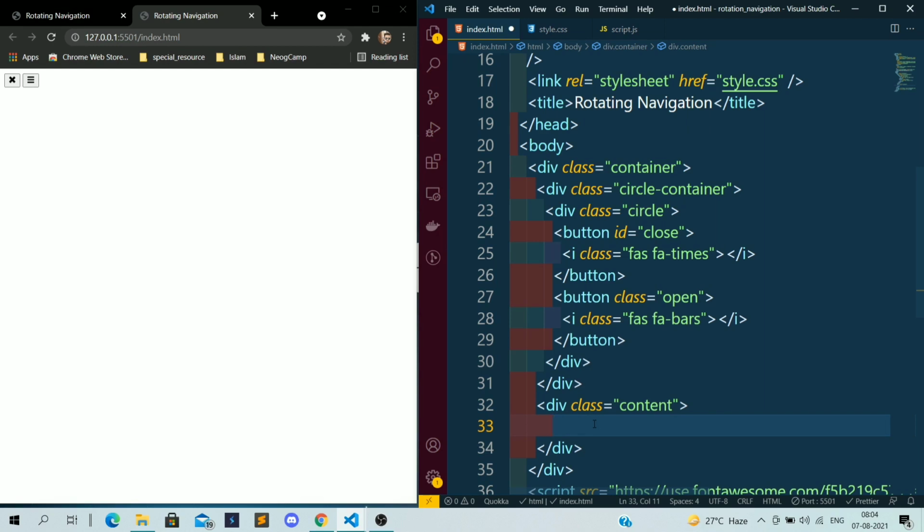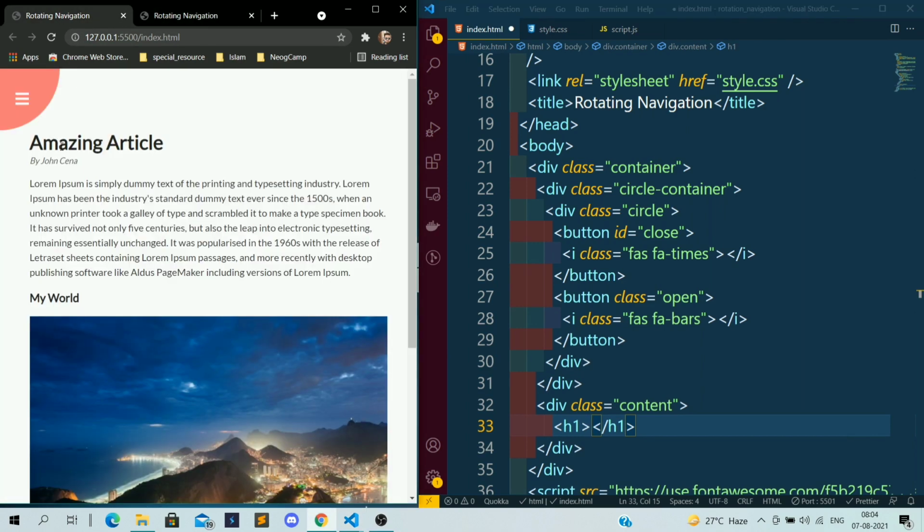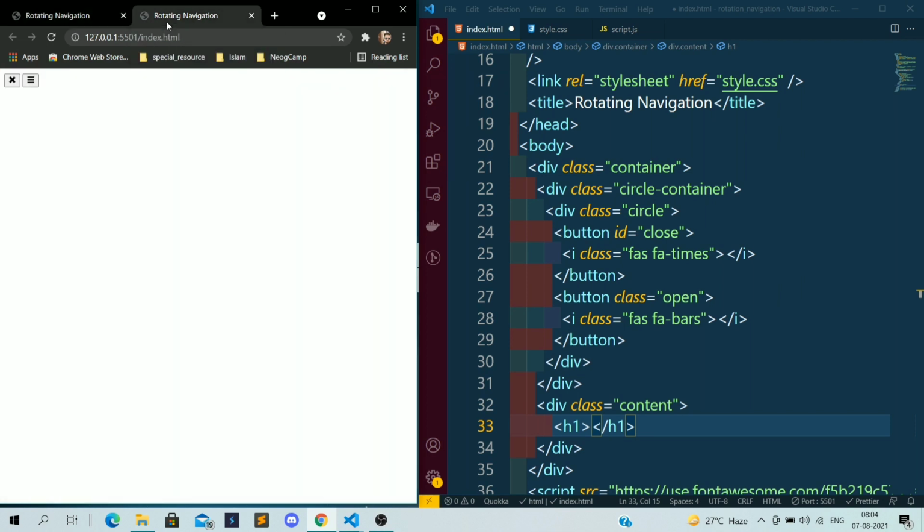Inside this div, I want one h1. In the main content, I have the h1, certain text, a paragraph, an image, all these things. In the h1 I am giving Amazing Article.